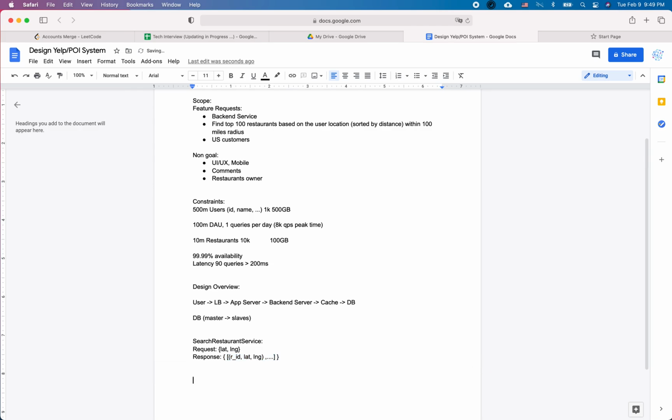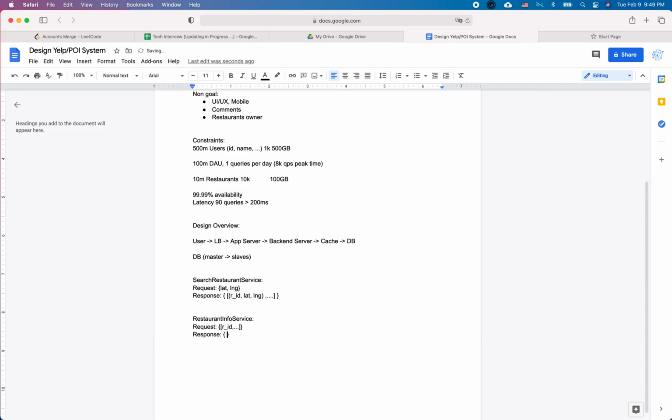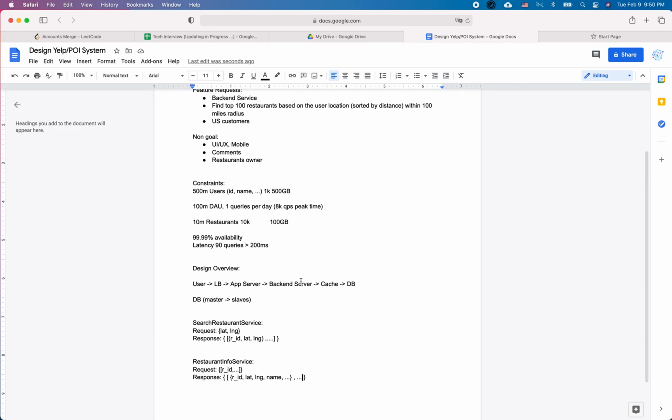And let's say we have another service called a restaurant info service. For this one, the request is sent as a list of the restaurant IDs, and the response will contain the restaurant infos. So essentially it is also a repeated field, and each entry is going to be the restaurant ID, the lat long, and the name, etc. It is all the restaurant info we are going to return as the response to the app server, to the